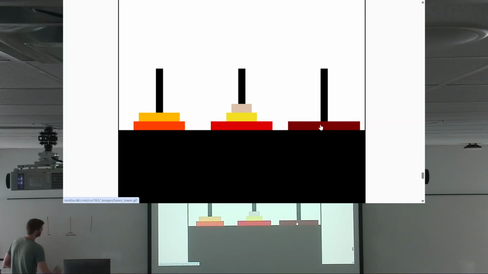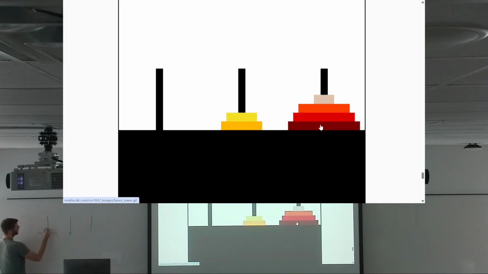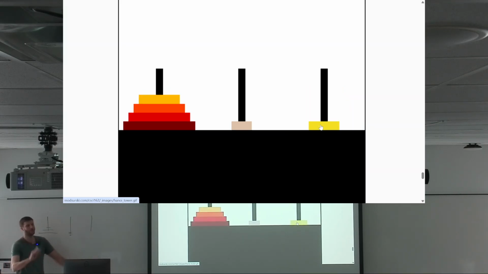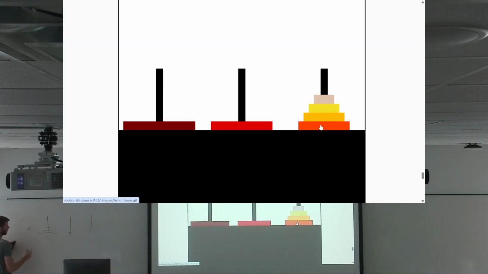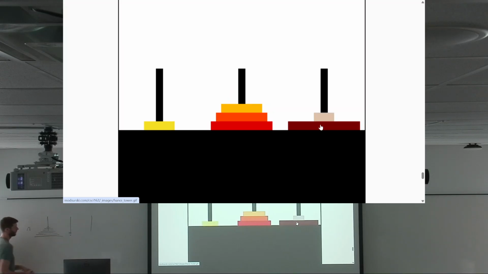Let's say, this might sound silly, but go with me. I have 3 disks here. I want to move them all here. So here's my solution. By the way, this is the recursive solution. If I have n disks here, there's n of them. There's 3, but pretend there's a lot. If I want to move all of the disks from this source to this destination,